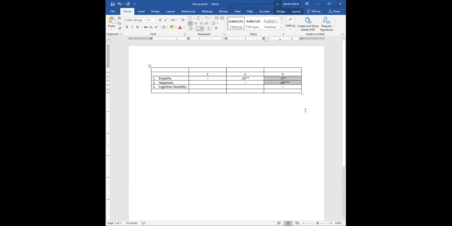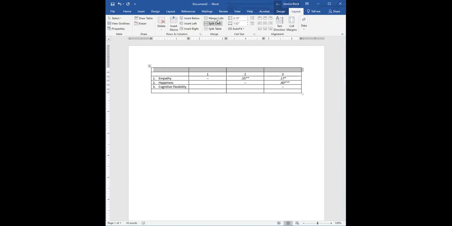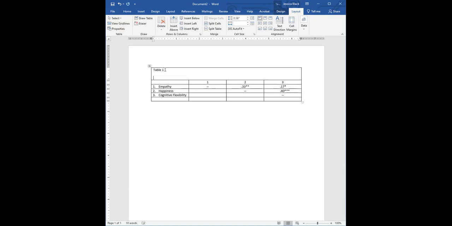Okay, so now we have everything in the center, right? Then we need to select our top row and merge cells. Okay, then we put table. Let's do left justify table 1. Okay, 2 double space here. And then parentheses. Okay, correlations